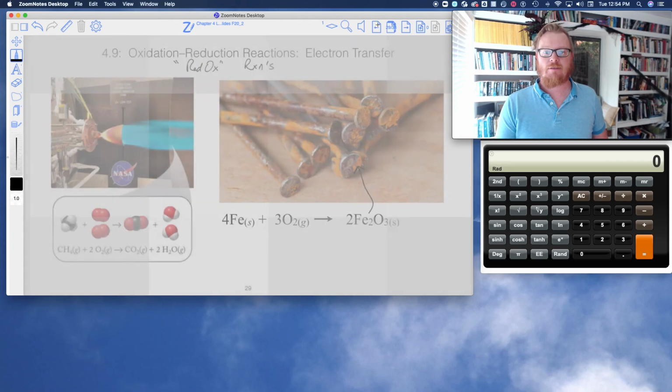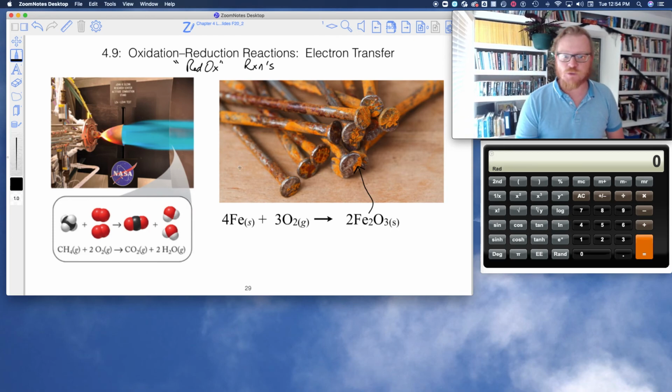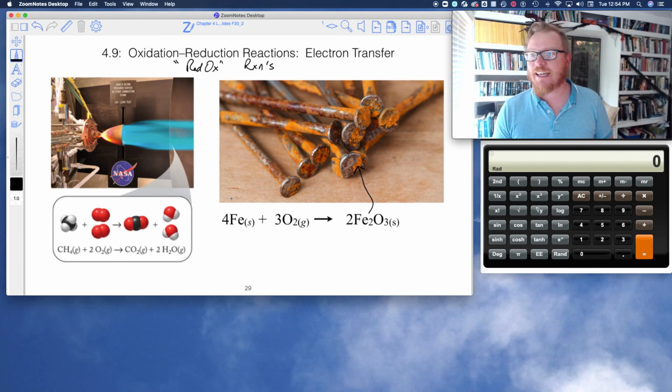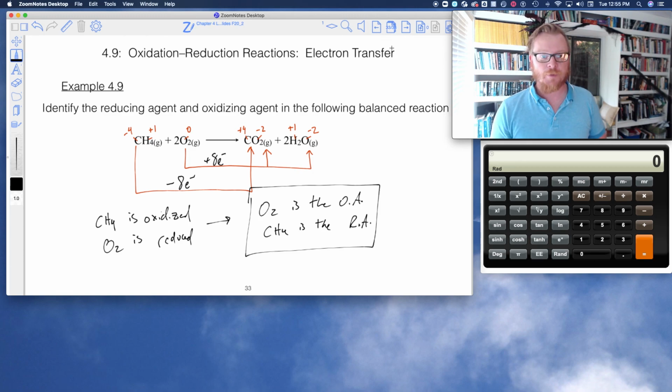Let's go back for a second. Check this out, right? Iron plus oxygen makes iron oxide. What do you want to bet in this reaction oxygen is the oxidizing agent? It is. Work it out for yourself. You should try this example out, right? Put together the oxidation states of iron and oxygen and so forth and prove to yourself that oxygen is the oxidizing agent, okay? It doesn't have to be the only oxidizing agent in the world, but certainly in a chemical reaction with O2, you guessed it,